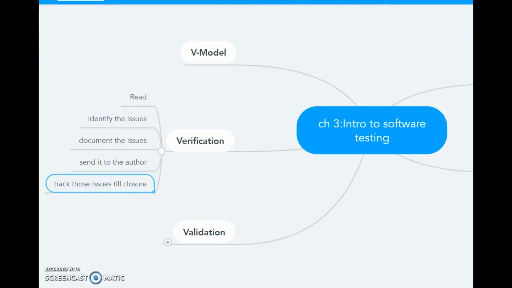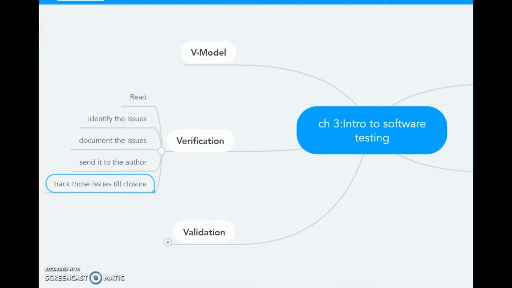Now there are a few advantages of verification. The first advantage is that verification not only helps us in identifying the issues, but it also helps us get the exact location of the issue. Now we are going to perform a small activity wherein I am going to show you a small case study of an e-commerce site. There I can explain this statement properly.